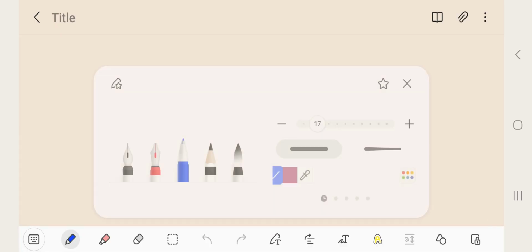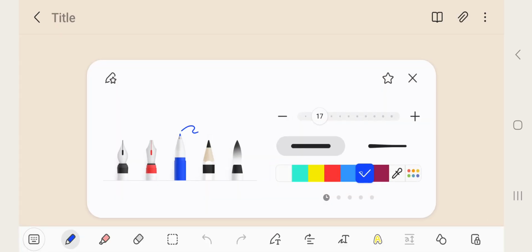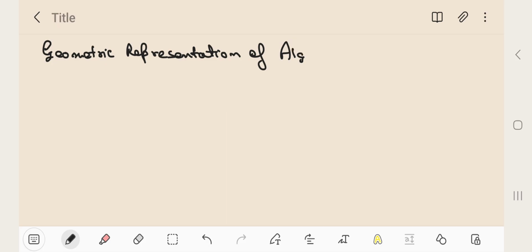Okay, from this lecture, we will start discussing geometric representation of algebraic numbers. And to do that,